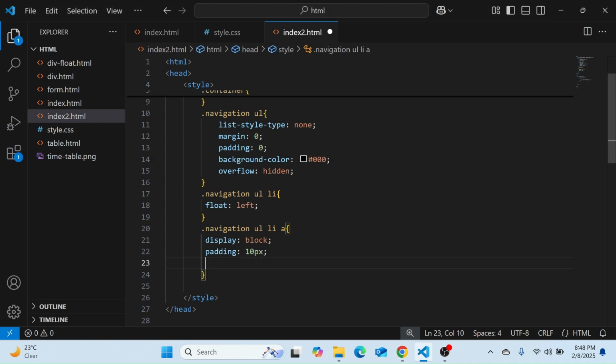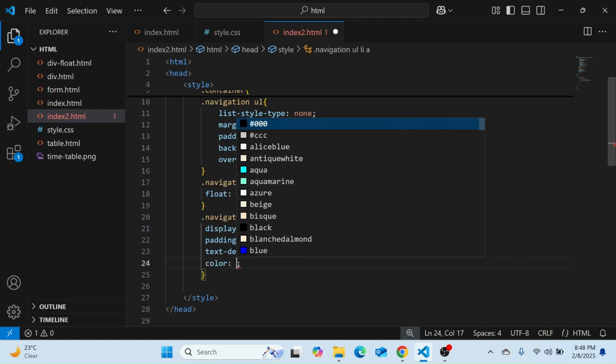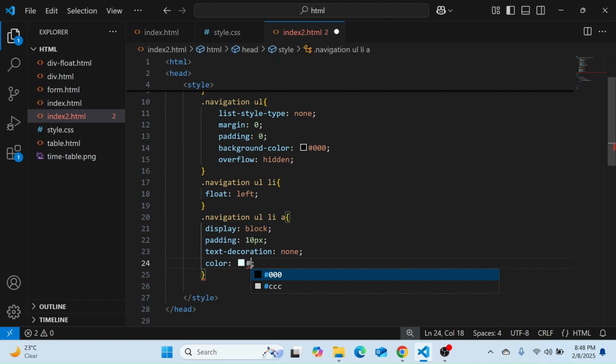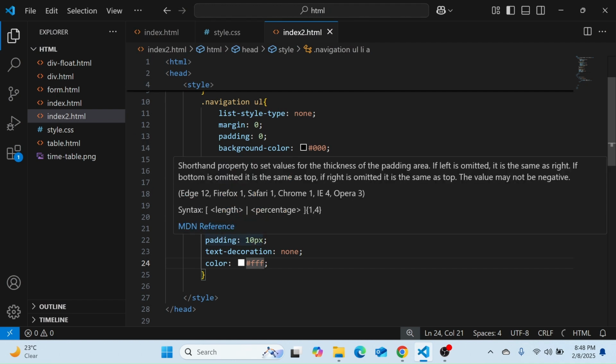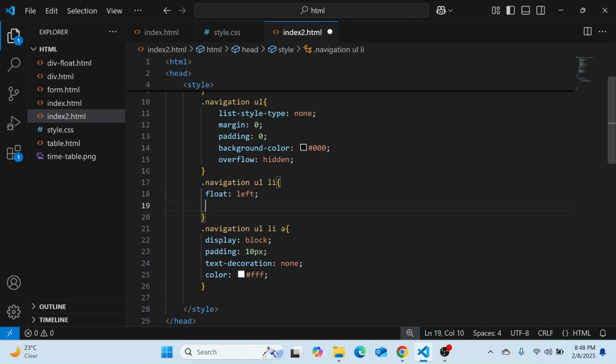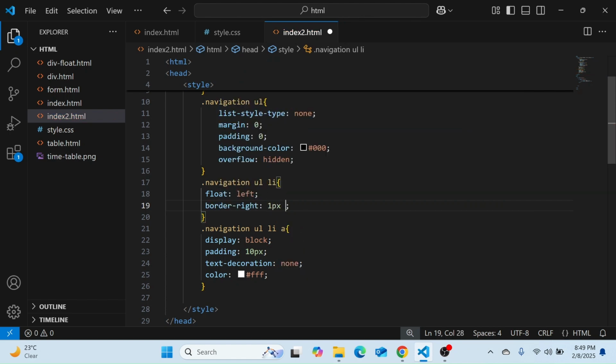Okay, so that's the navigation, and I'd like to remove the line, that is text-decoration none. I'd like to change the color to FFF because white will look good on a black background. Everything looks good, and now I can do one more thing. I can give a border to the right. Yes, there is a property border-right, 1 pixel solid, and let's give a light gray color